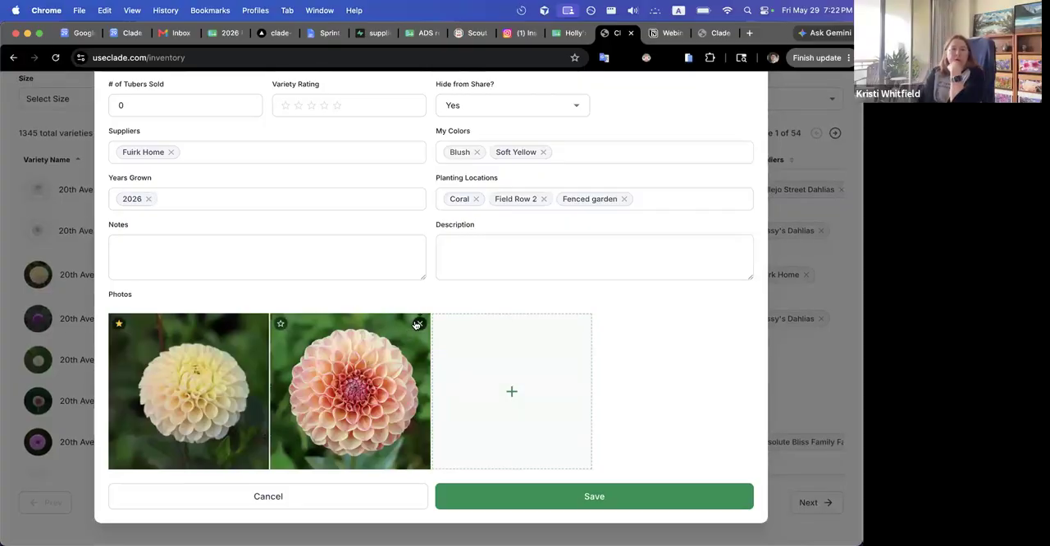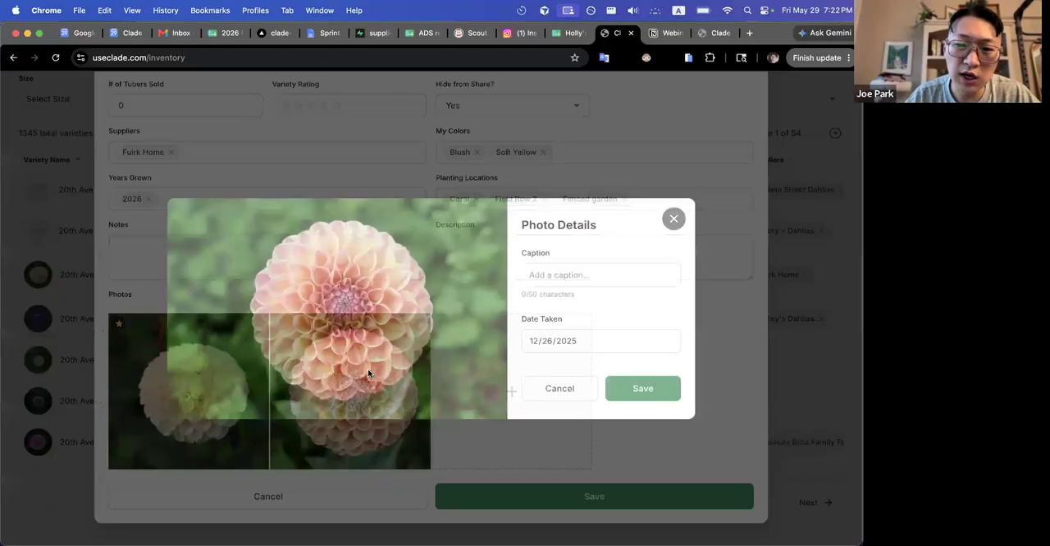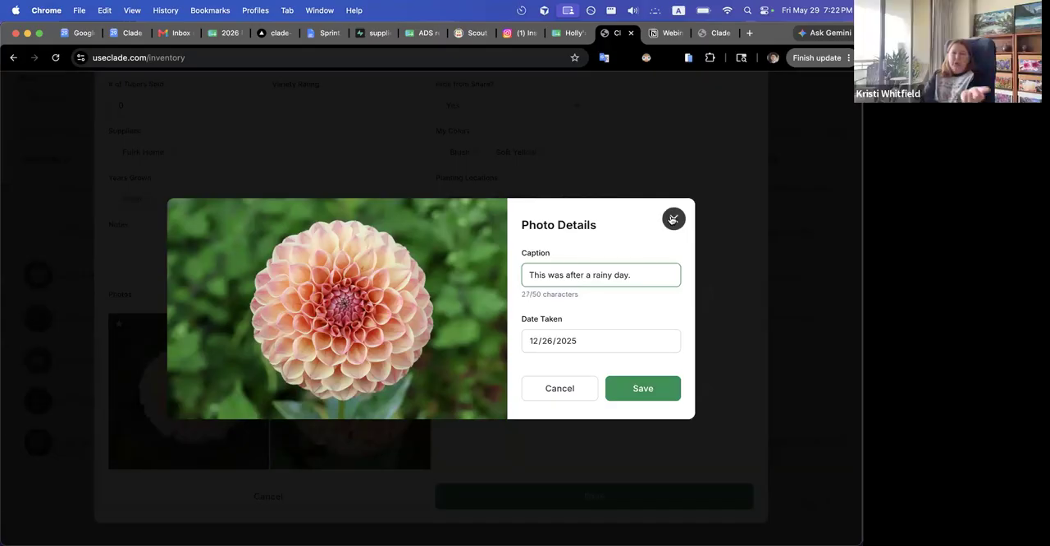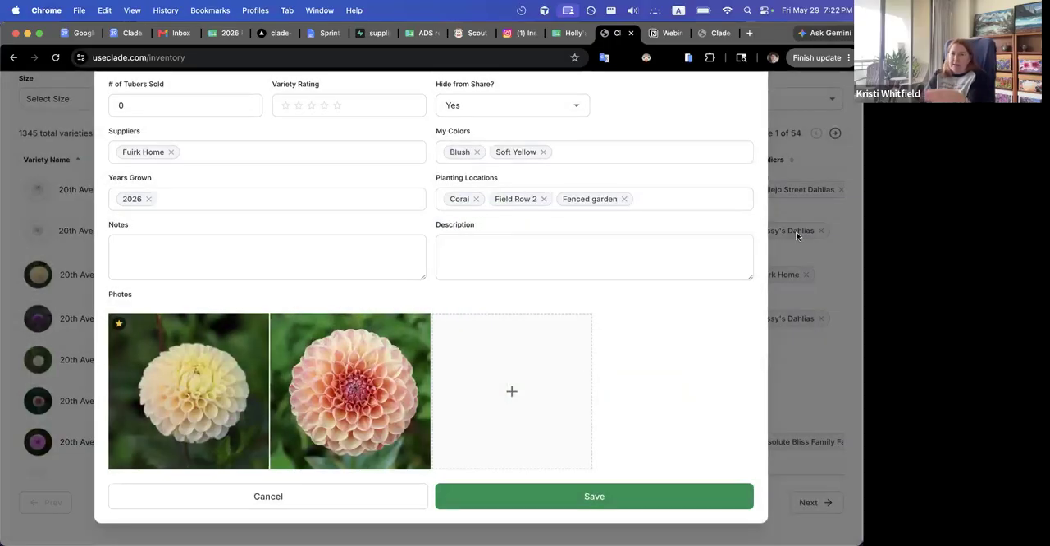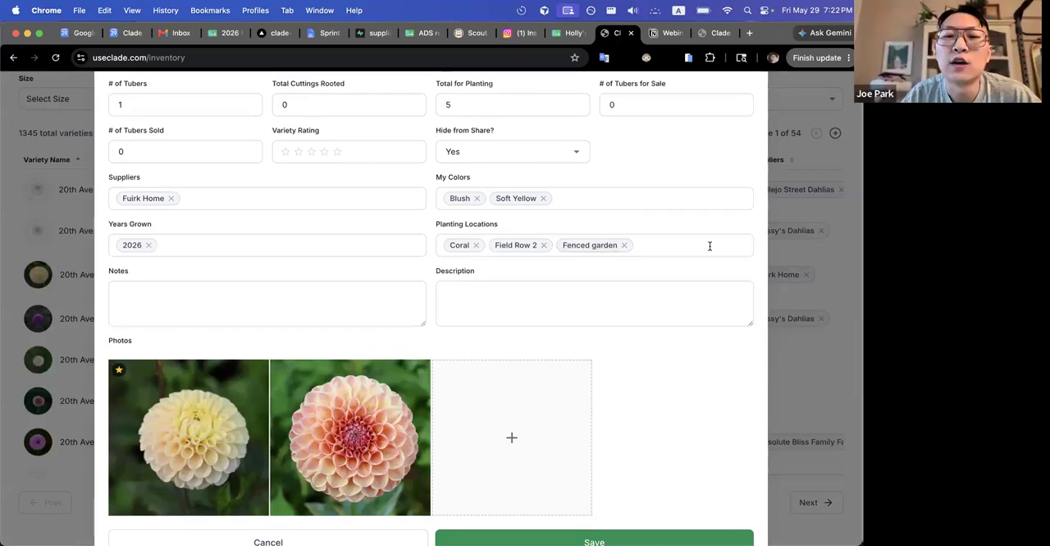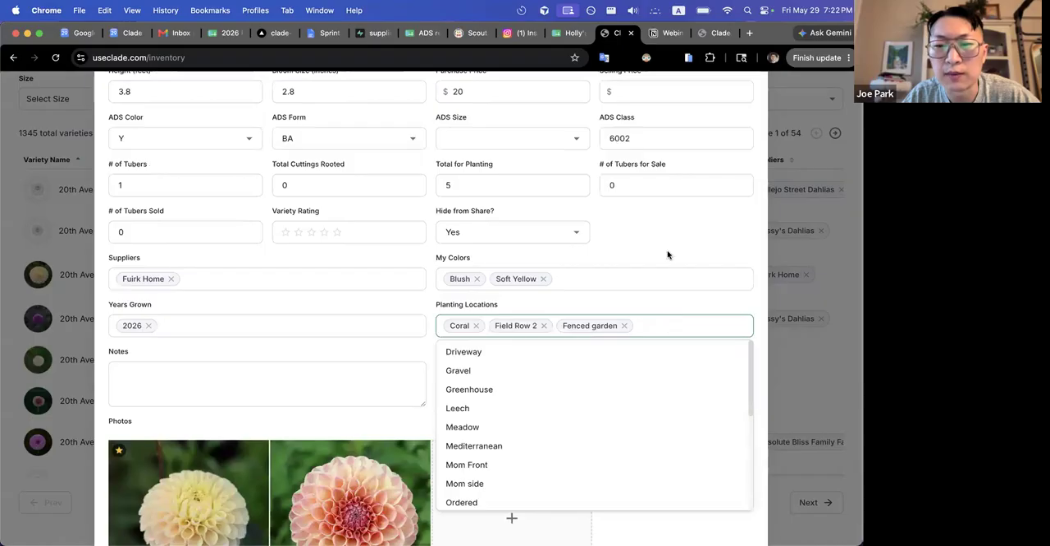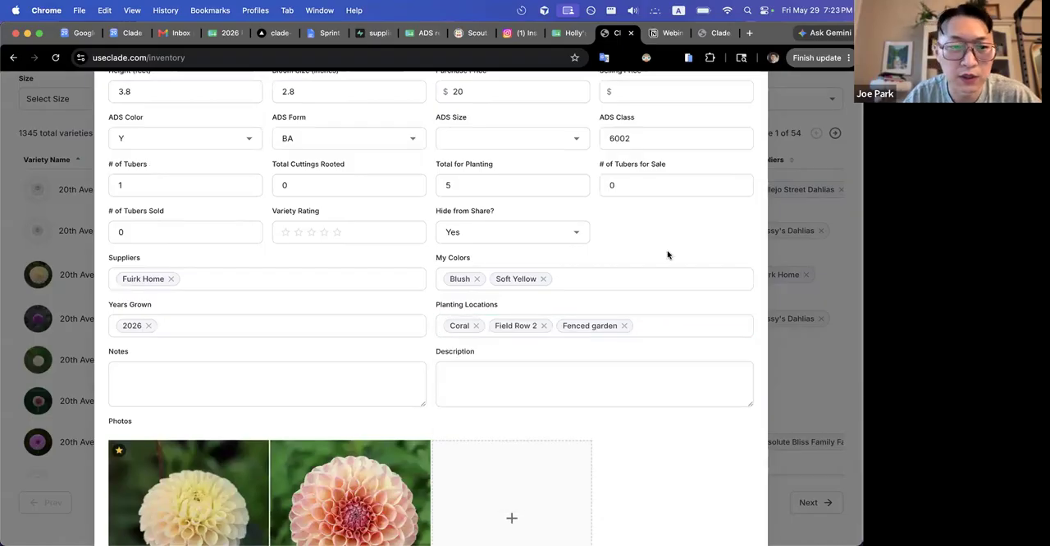And then you could label it. We auto compute the date taken, just because that info is built into the picture in most cases, and then you can add a caption to say, "Oh, this was after a rainy day," or whatever you want to put in there. Or you could say this was in the sunny bed, and take another picture of one that was in the shady bed or something like that. Yeah, there's a field for you to track planting locations for that variety. But you can also embed that information